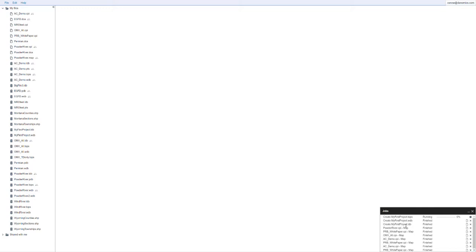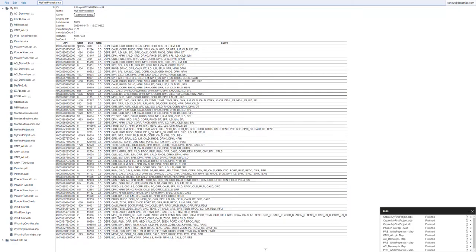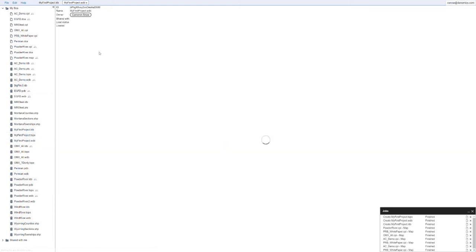And we can see that our log database and our well database have already finished, and they're now visible over here. So if I click on my first project.log database, we can see it has a list of all the API numbers that were imported, the start and the stop depth, as well as the summary of the curves. If I click on my well database, I can see that